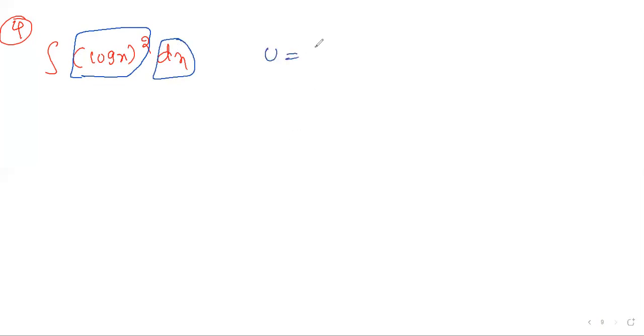The fourth question is integration of log x whole square into dx. Here there is no other alternative way. We need to take it again as u into v. Either case, one is log x whole square, the other one is only dx. Nothing else is there. U is log x whole square, then v is integration of dx. If nothing is there, you can take directly the rest of the things. So integration of dx is x only, so x plus c, the v is finished.